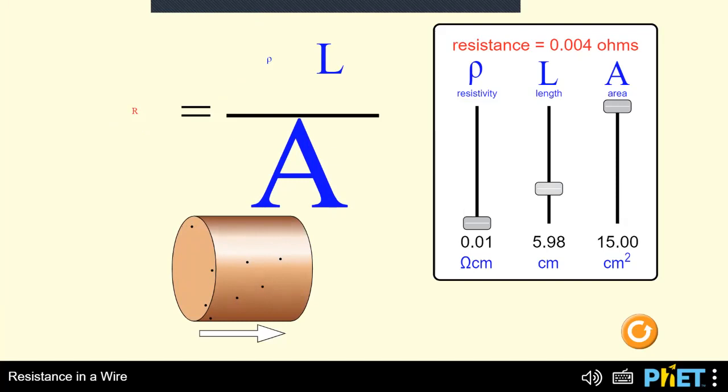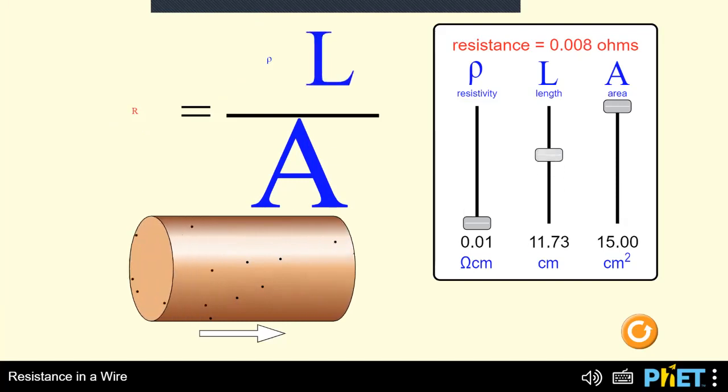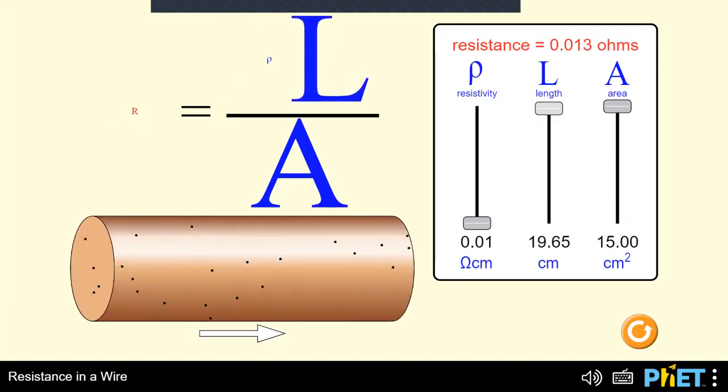If we make it longer, still we have a lesser resistance. Even if we have a longer length but a bigger area, then we have a smaller resistance. And you will notice that the resistivity is very low, which means that this material is a good conductor